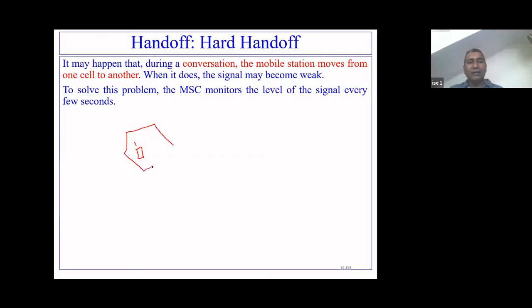Now here, this is what is a cell. Now there is another cell, something like this, assuming that there is another cell, something like this, right? So now what happens, this mobile person has called a mobile phone, and this particular mobile phone is somewhere here. So this is the caller. You got the idea? And this is the receiver of the call.